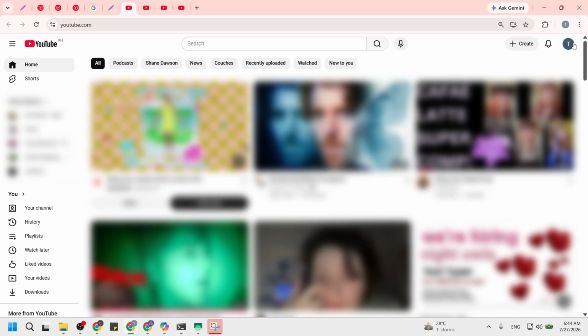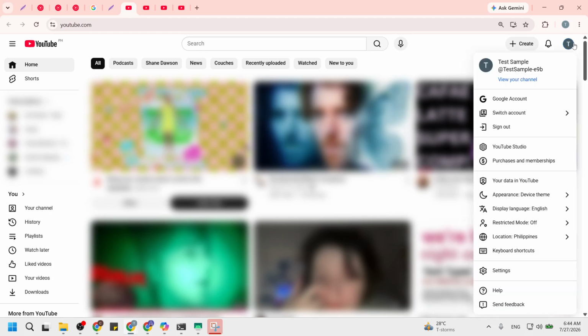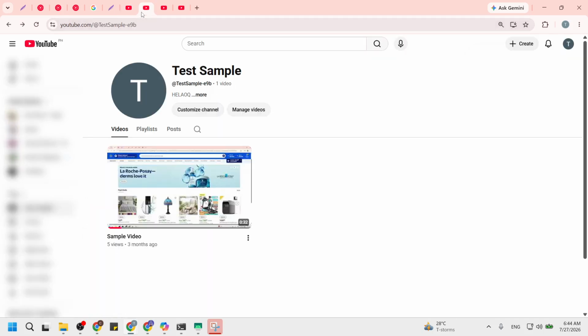Now click your profile picture in the top right corner and select your channel. When you click the picture, a drop-down menu appears with several options like Switch Account and Sign Out. In that menu, find your channel and click it. The page will change to show your channel header, your large profile icon on the left, and any videos or playlists if you have them. If you do not see any videos, that is fine. You are still in the right place as long as you see your channel name and the big profile circle.